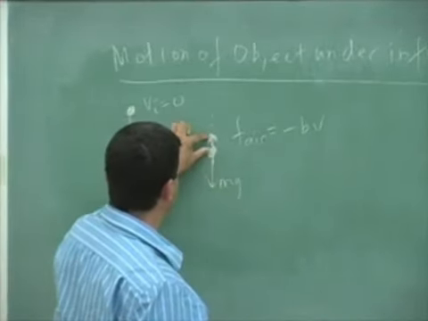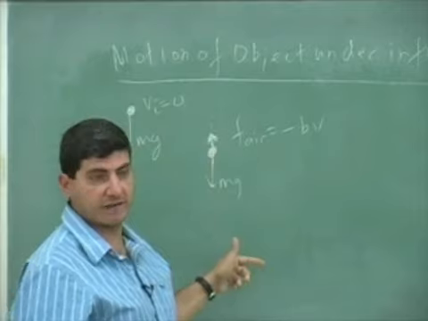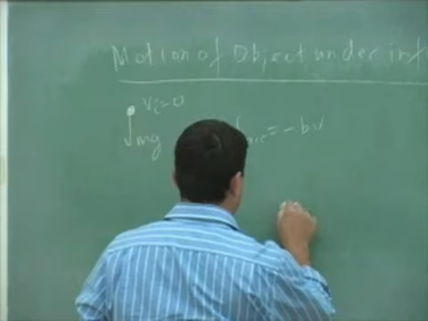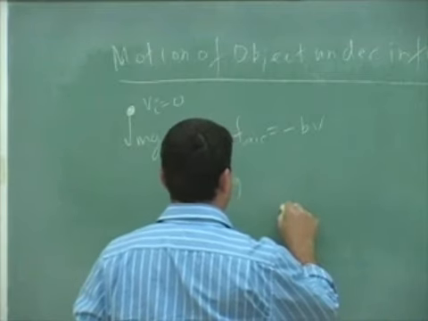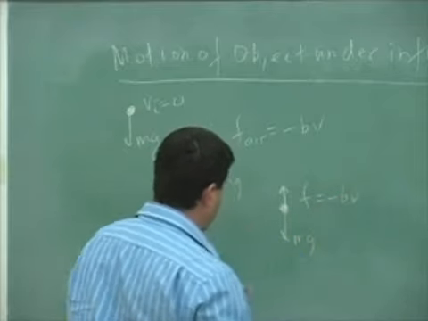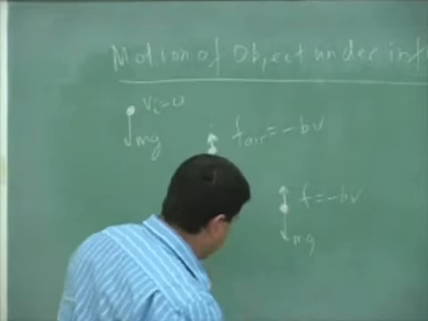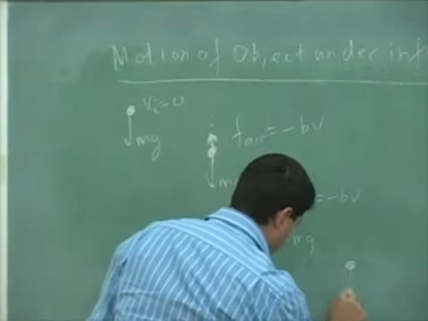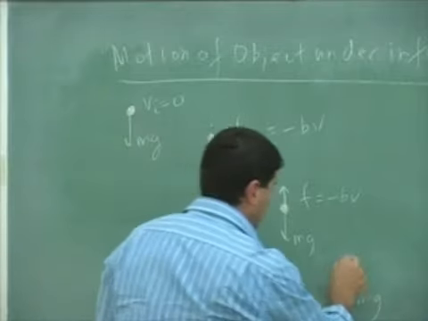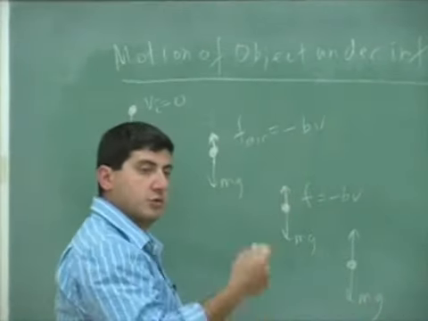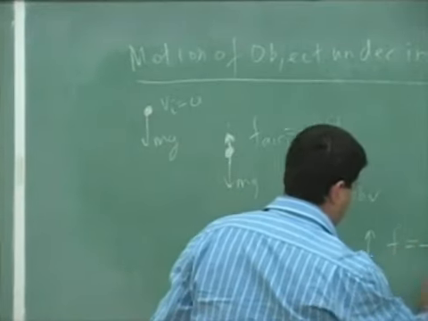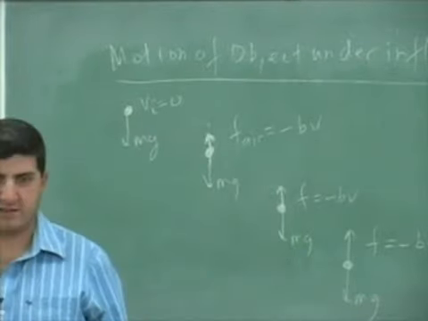So now what's going to happen? Because the air friction is resisting you, you're not going to accelerate as fast, right? So you're still accelerating. By the time you get here, the air friction now grows a little bit more. And then you still accelerate a little bit, but not that much. By the time you get here, you get to a certain situation where the air friction equals your weight, right? That's known as terminal velocity.